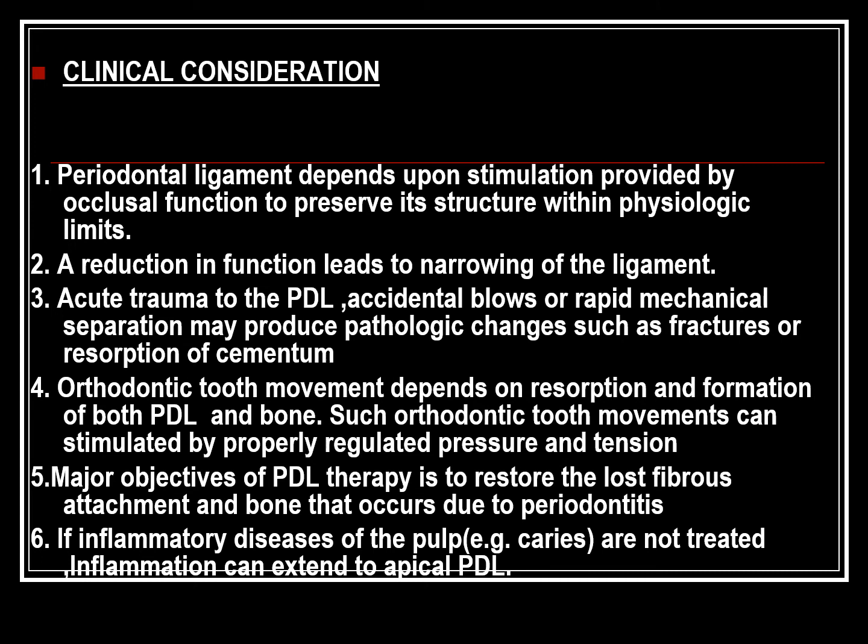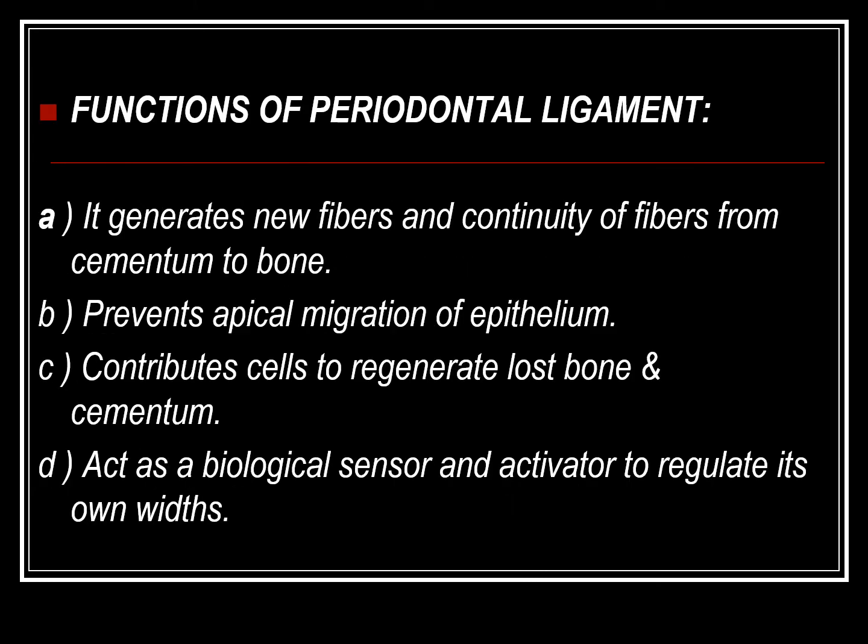The major objective of periodontal ligament therapy is to restore the lost fibrous attachment and the bone that occurs due to periodontitis. If inflammatory diseases of the pulp are not treated, the inflammation can extend to the apical periodontal ligament as well. The functions of the periodontal ligament: